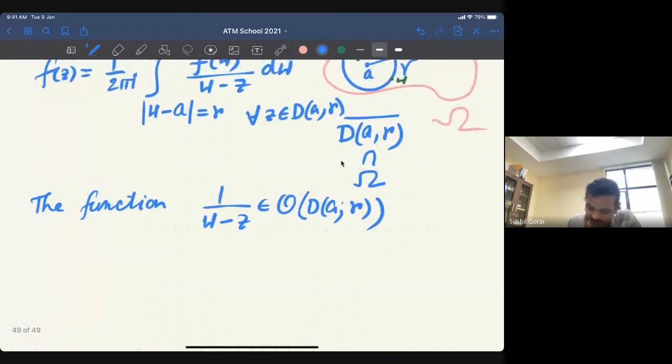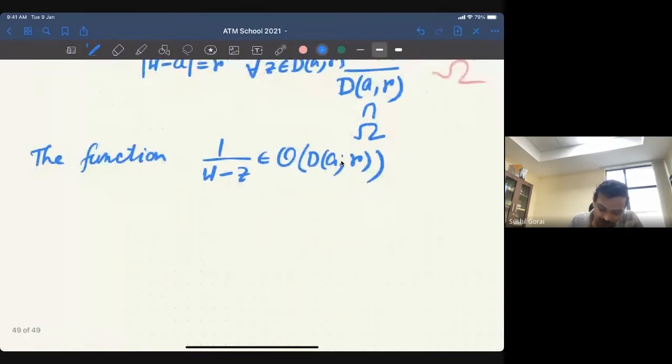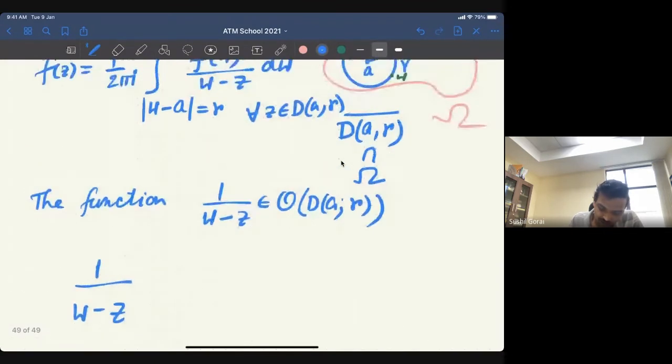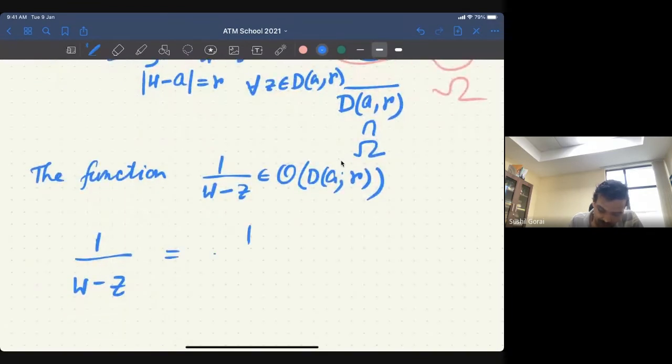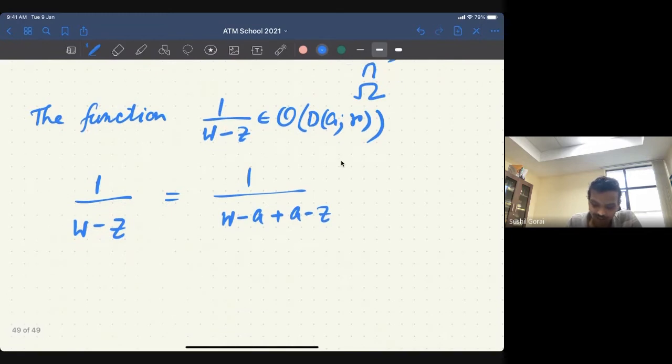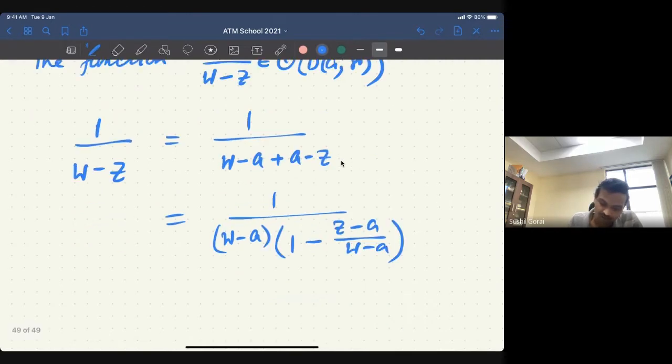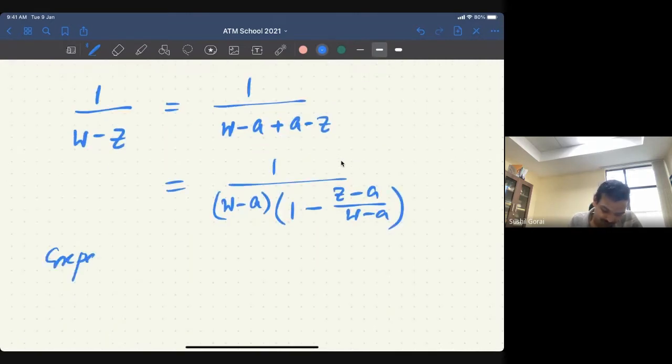Of course, holomorphic doesn't matter that much, but what is important is the following: 1 over W minus Z. One can actually write it in terms of 1 over W minus A plus A minus Z, right? Which is nothing but, if you take common W minus A, 1 minus (Z minus A) by (W minus A). Now expand this and get a series